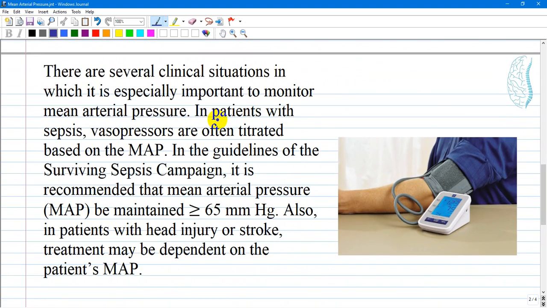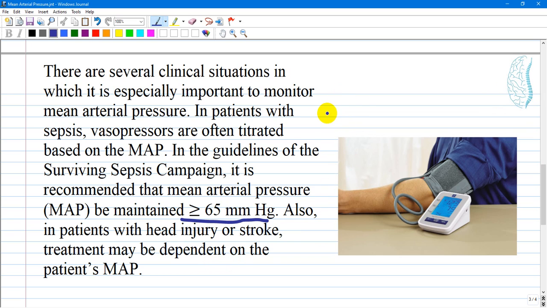There are several clinical situations in which it is especially important to monitor mean arterial pressure. In patients with sepsis, vasopressors are often titrated based on the mean arterial pressure. In the guidelines of the Surviving Sepsis Campaign, it is recommended that the mean arterial pressure be maintained at more than 65 mm of mercury. Also, in patients with head injury or stroke, treatment may be dependent on the patient's mean